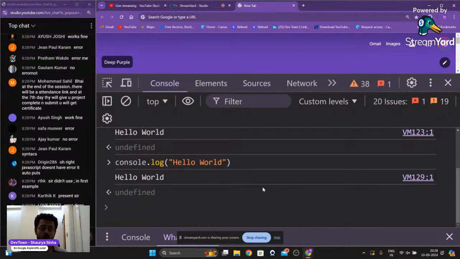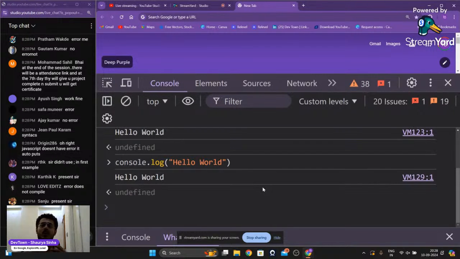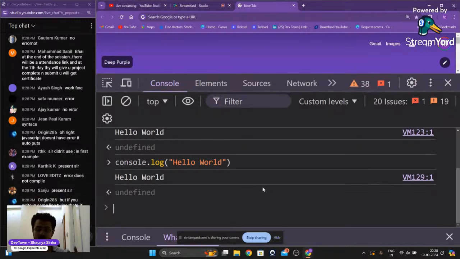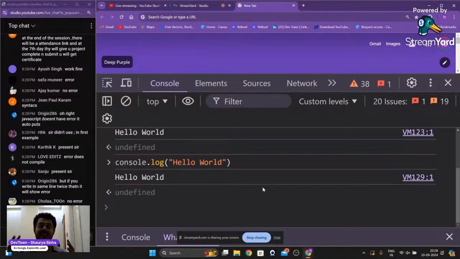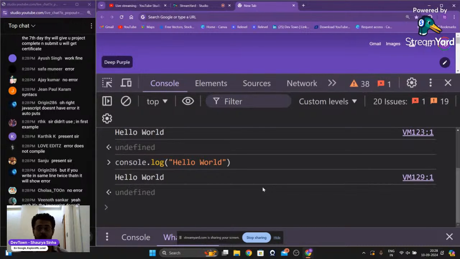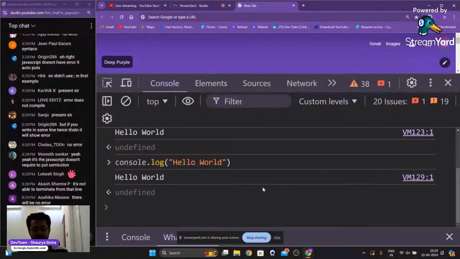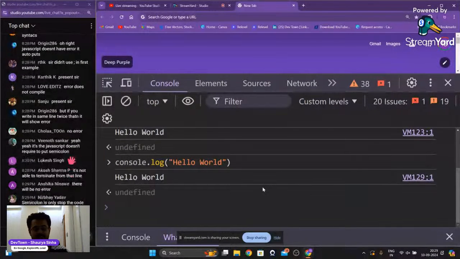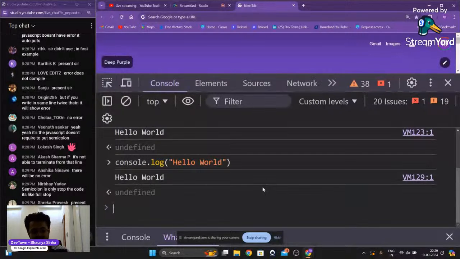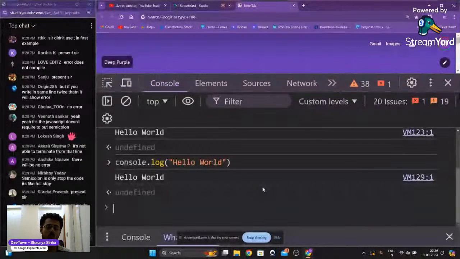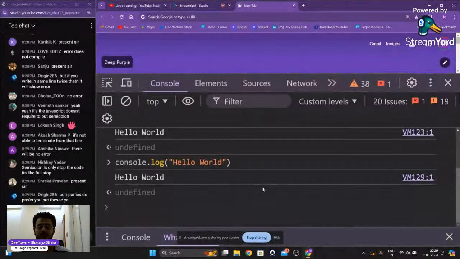But when you are going to write code inside of a company or inside of a project that has multiple thousands of lines of code or even hundreds of thousands of lines of code, you cannot afford this. You cannot rely on JavaScript being intelligent enough to put in the semicolons. You have to put up the semicolons on your own because precaution is better than cure. If you are not putting up semicolons, in some particular case JavaScript might run into some kind of errors, and that will cause a lot of problems for you guys at a later point of time.